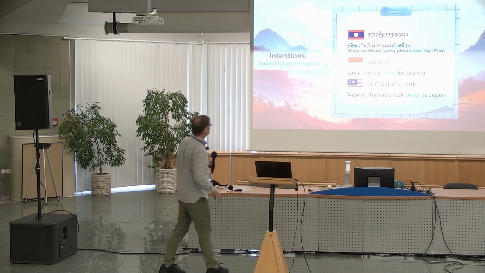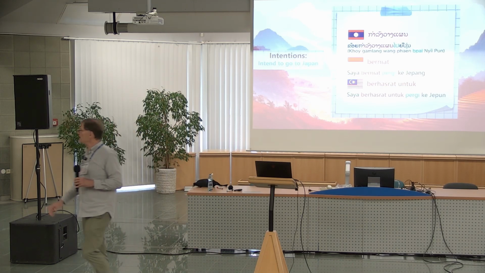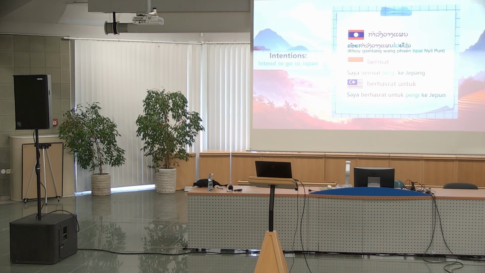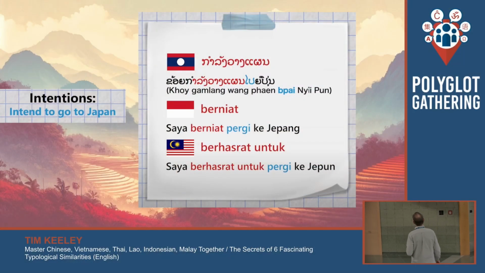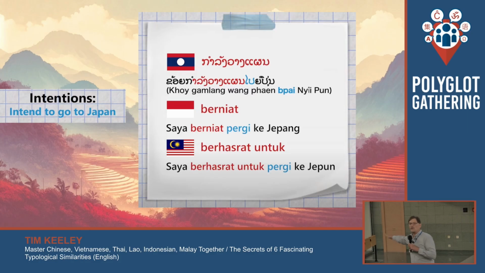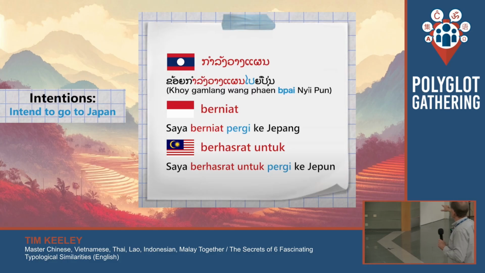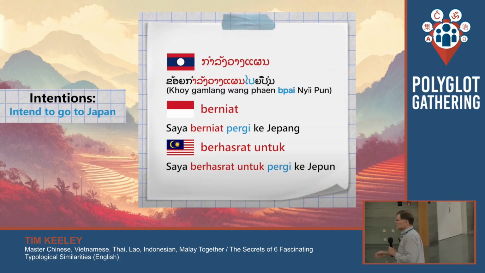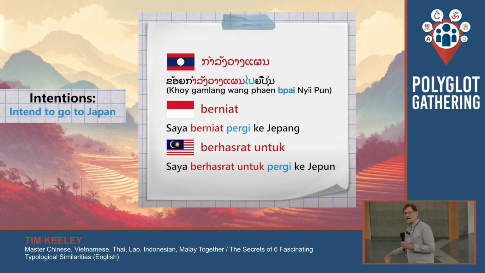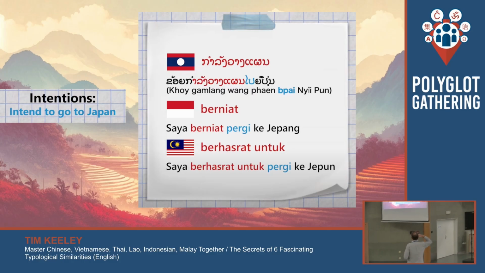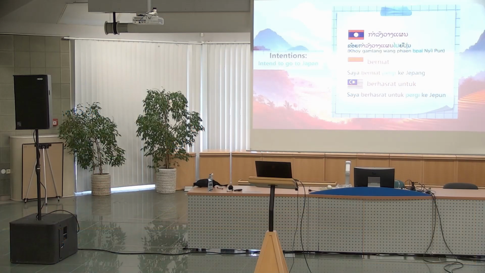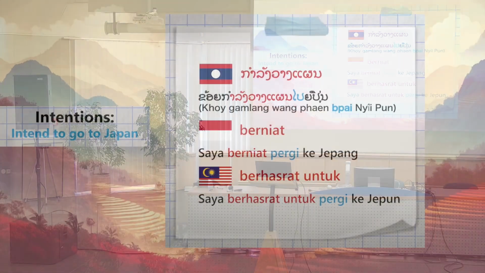Where do I have Lao? Oh, there it is, okay. Now, when I made this sentence, I realized I just left it, but so we have Koi Gamlang Wan Pen by Upun. Why do I have Gamlang there? Gamlang actually can mean strength, power, but it means it's an ongoing process, like the ing in English, okay? So it's stronger, saying that I am ing the intention of going to Japan. It's very immediate. We could do the same in Thai, to emphasize it. So Koi Gamlang Man Pien Ba Ipun. So Nyepun, it's almost the same word.